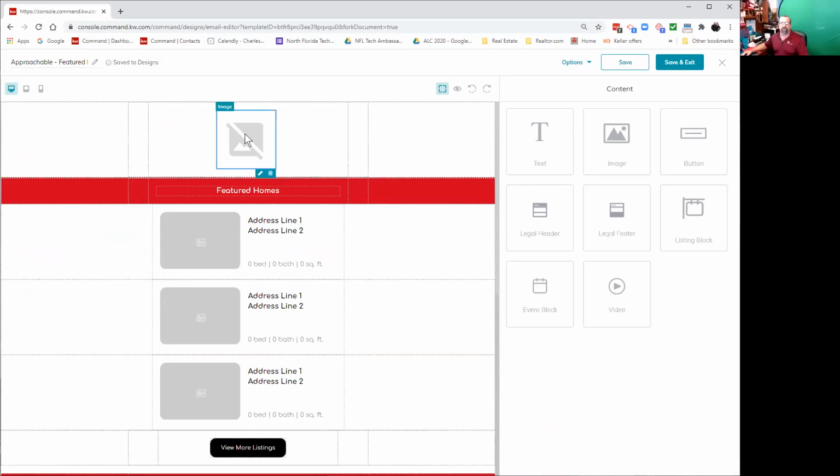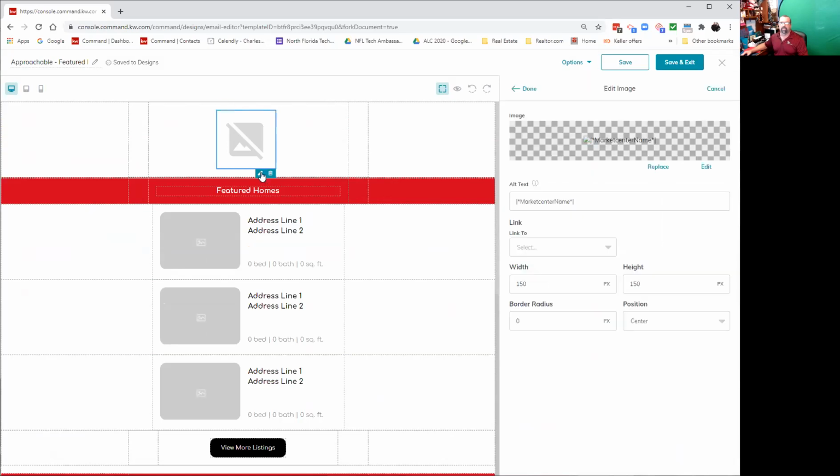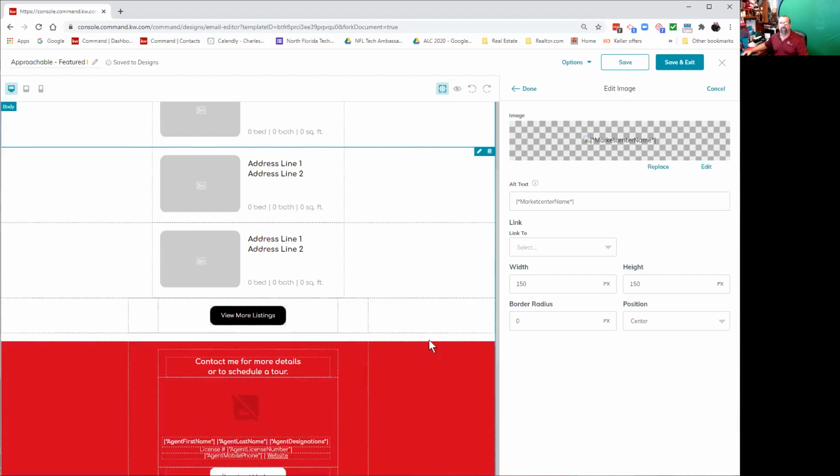You click on the picture, you click on the little pencil, and you go through and do all the little changes there. Same thing with the address. This is like multiple, they did multiple listings that you wanted to feature, like that, the view more listings. What you're going to want to do when you do the view more listings is create a landing page